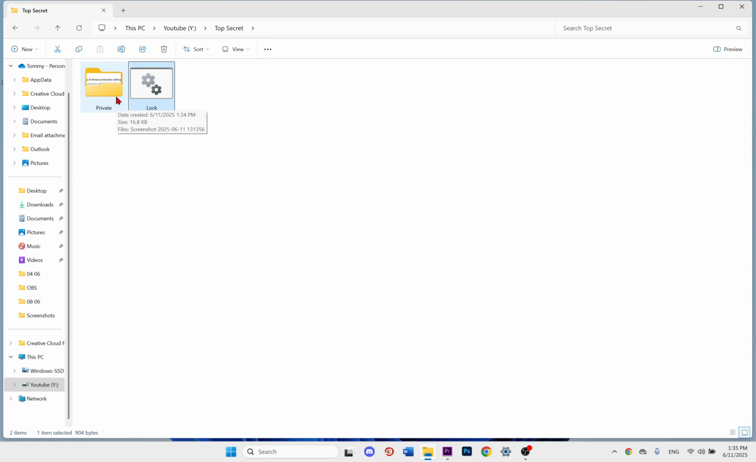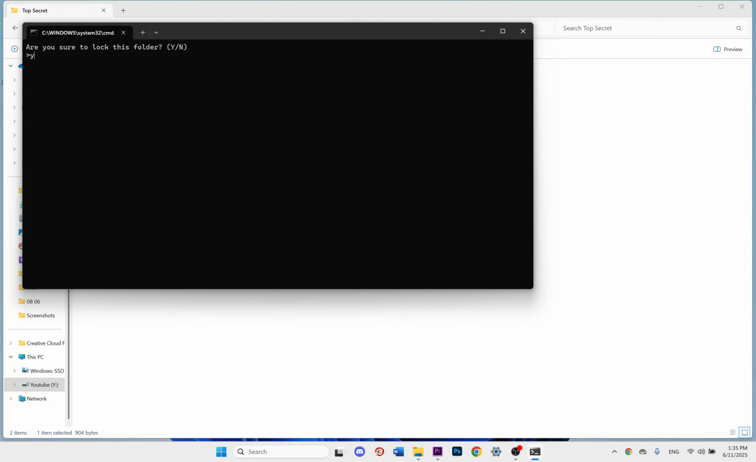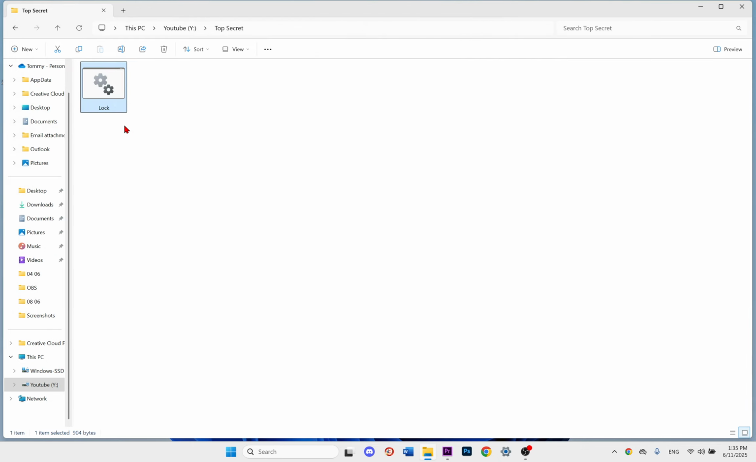This is literally how easy it is, guys. And if you want to put the lock back on it, double click on it and then do again Y. And then the files are gone. So this is exactly how you can lock your